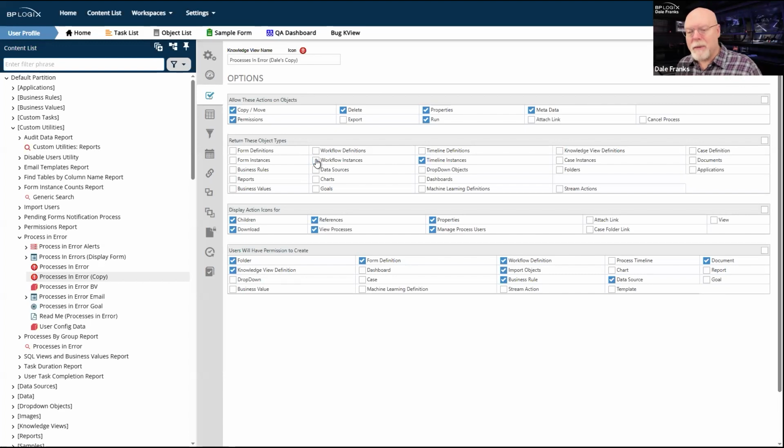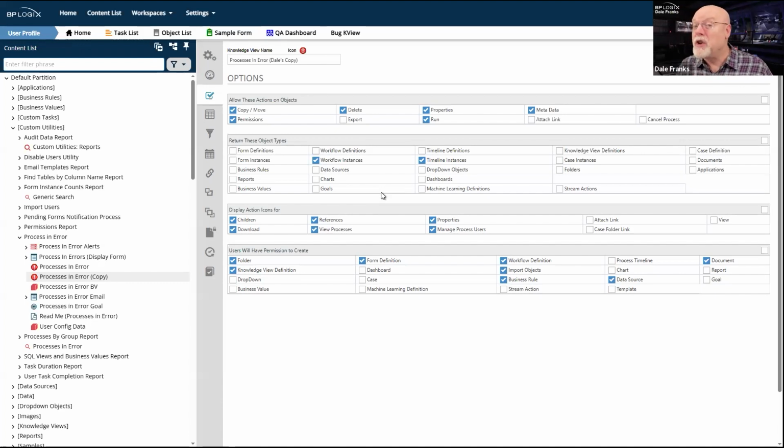And the reason that I'm going to turn it off, and by the way, this is not a bad idea if you are just editing the processes in error, the regular processes in error knowledge view, you might want to turn this off anyway, and I'll tell you why. Because clicking this box opens up a whole Pandora's box of other SQL that has to be run to pull back not only timeline instances, but workflow instances.